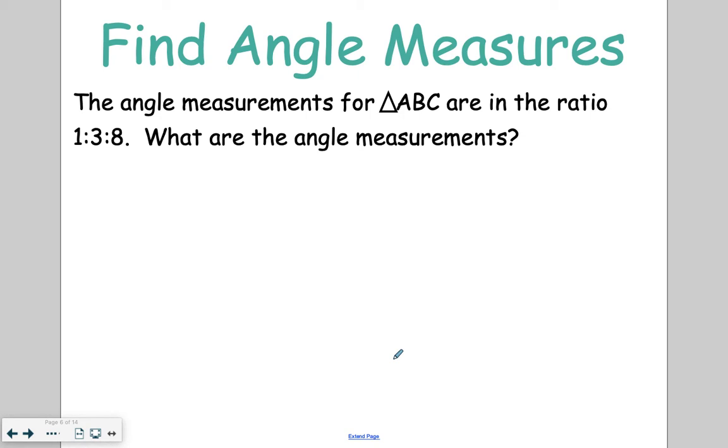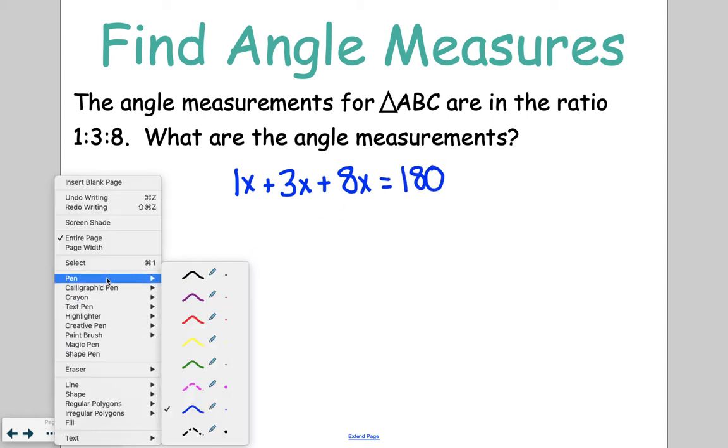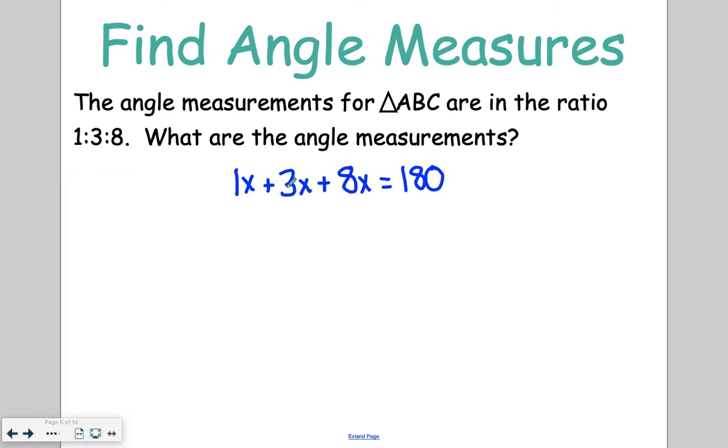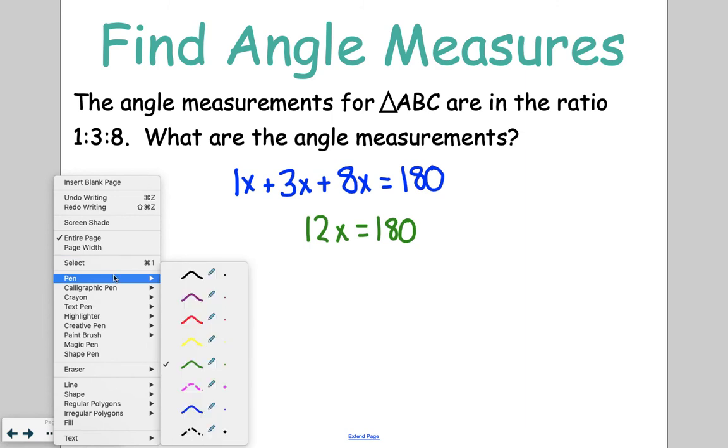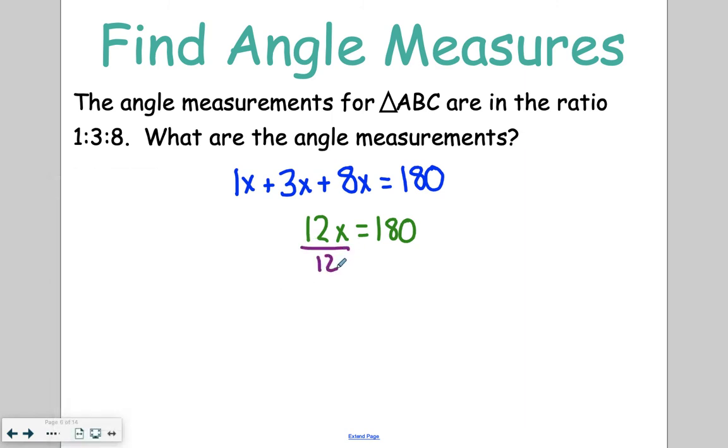So what that means is that this first measurement, this 1, means 1x, so 1 times something. Then our second one says 3, so that means we have 3 times whatever. And then the last part says 8, so that means we have 8 times whatever. And since it's a triangle, it has to add up to 180. We can simplify this expression by doing 1x plus 3x, which is 4x, plus 8 more x's, gives us 12x is equal to 180. In order to solve then, you are going to divide by 12 on both sides of